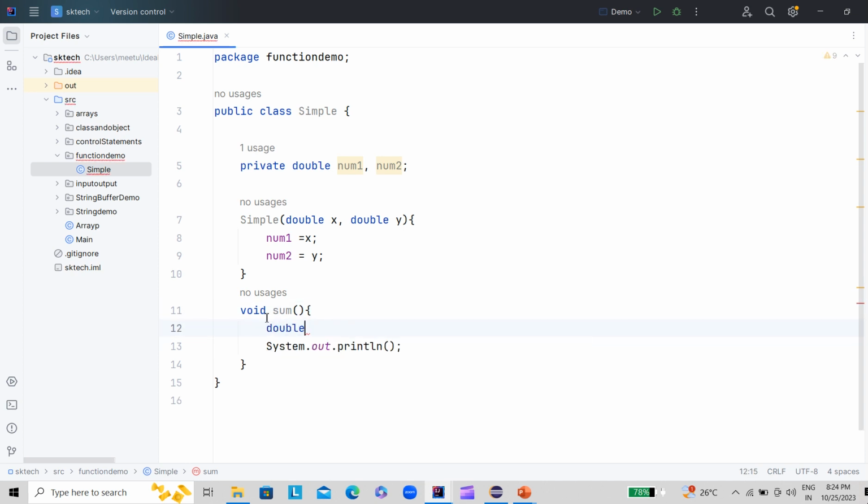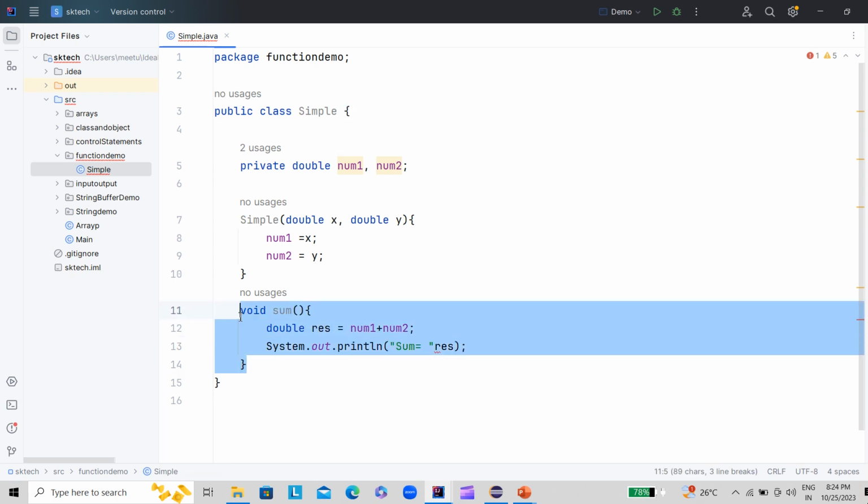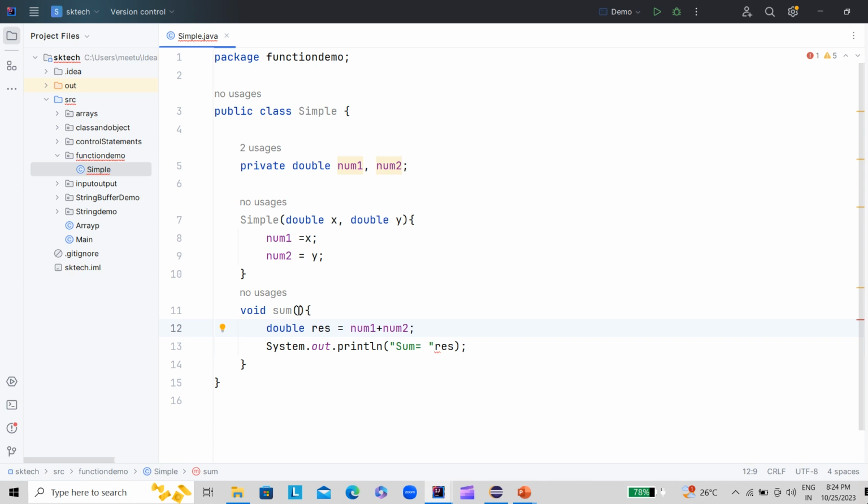Let's create a variable of double type, and let's write num1 plus num2, and let's write a statement to print the sum result. So what we are doing here is we have defined a method that does not return anything and also does not expect anything from us.